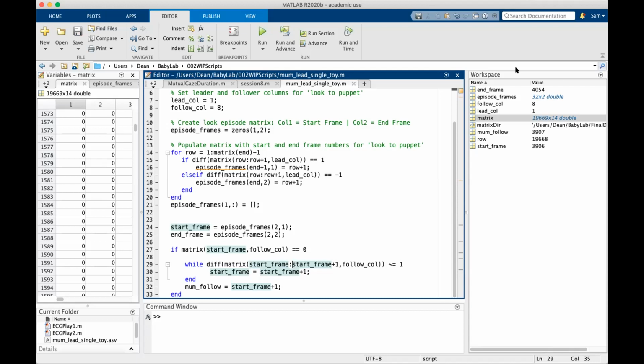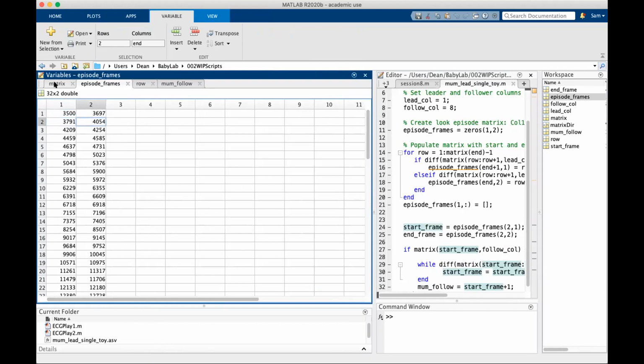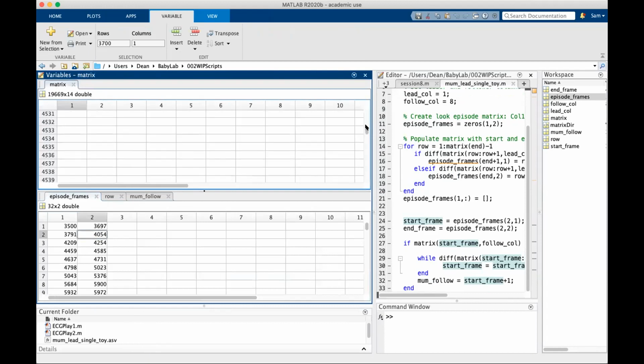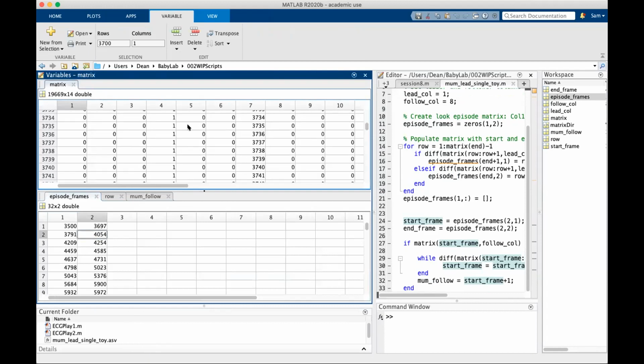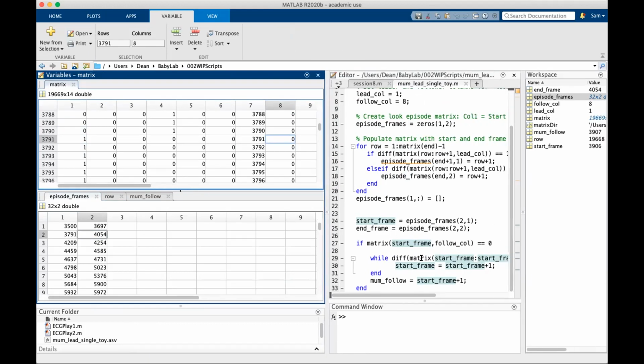Okay, so we've done it with row 2. Row 2 was from 3791 up to 4054. So what it's going to do is look at row 3791, which is where that started. It's going to start looking from here. First it checks that it's a 0, because then we know a new mum isn't already being looked at, which is done. And then it's going to basically say while the difference